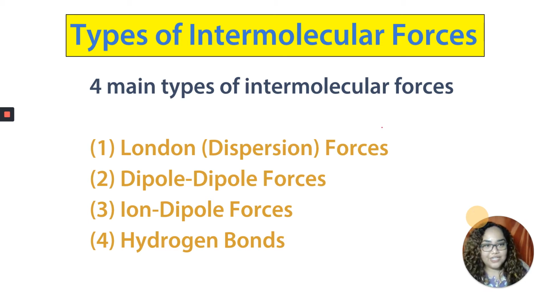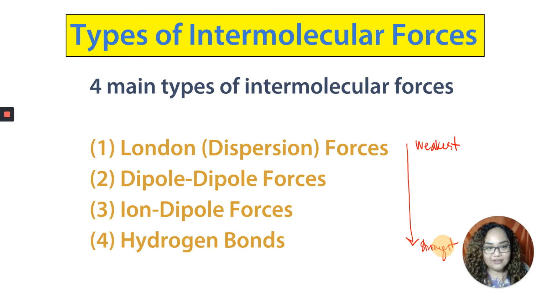As you go from 1 to 4, the IMF is stronger. So the London dispersion forces would be the weakest of them all, and the hydrogen bonds would be considered the strongest,